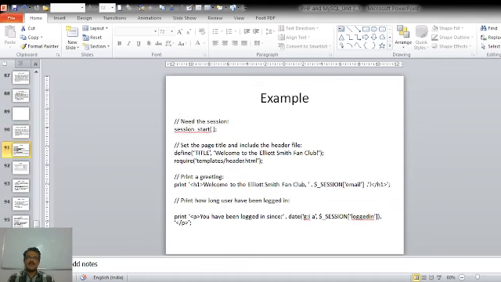Suppose, for example, we have written a script like session_start. Then we have defined a title as Welcome to the Elliott Smith fan club. Then we are using some external header file which is located in the template folder, so it is mentioned in the require function. Then we are printing a message by accessing the session variable.